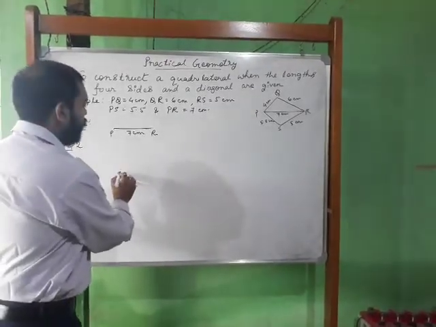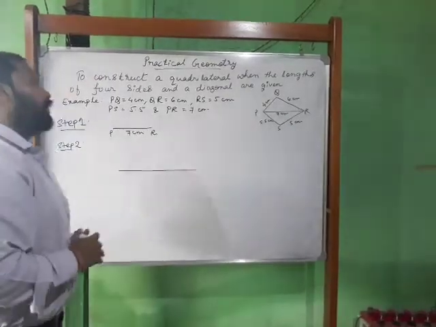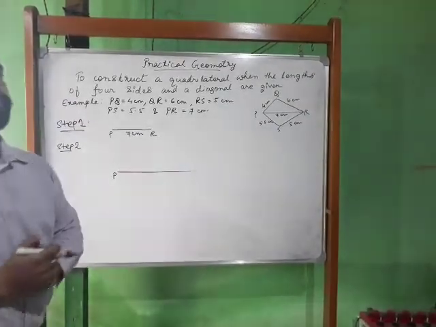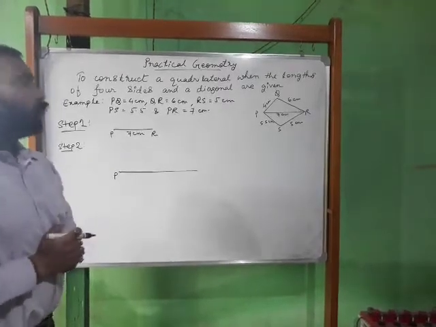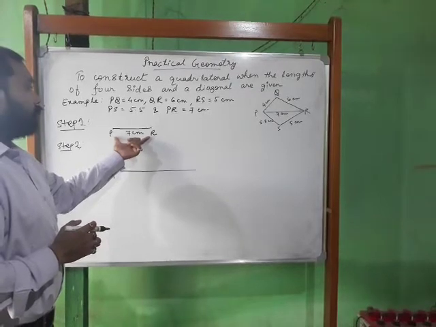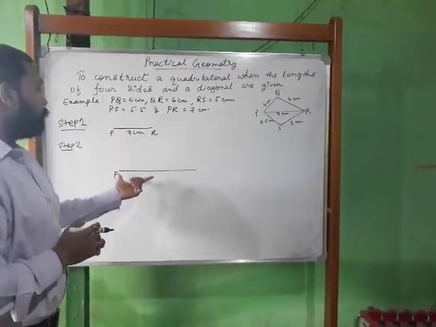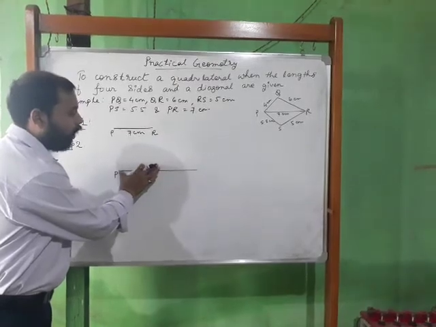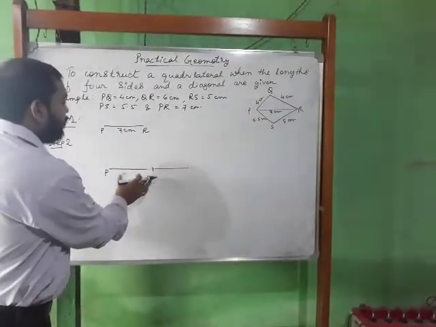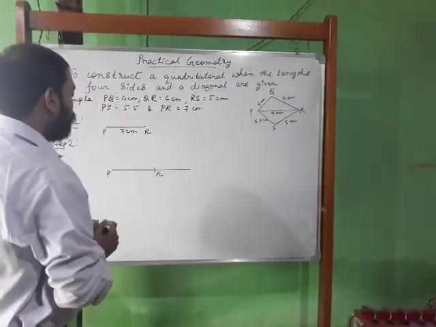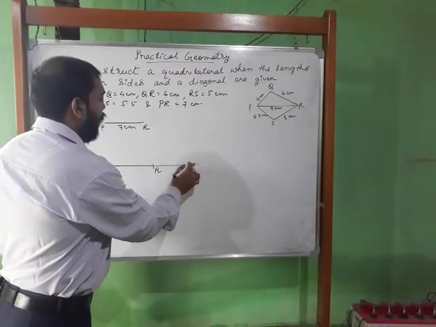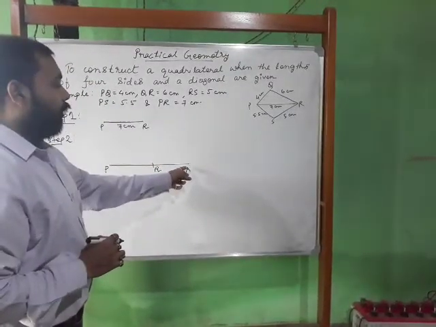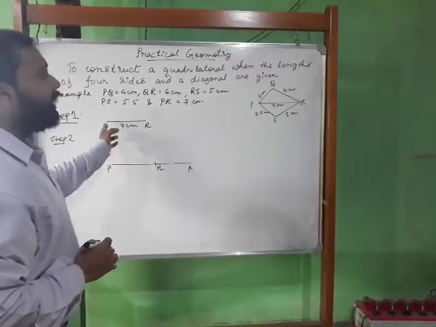Draw any line with the help of your scale such that it should be greater than 7 cm, and the starting point you name as P. So now by taking a compass with radius 7 cm, draw an arc from the point P. So if I draw an arc from the point P with the help of the compass, now name it as R. So this was a line segment PA, a line segment of any measurement such that it should be greater than 7 cm.